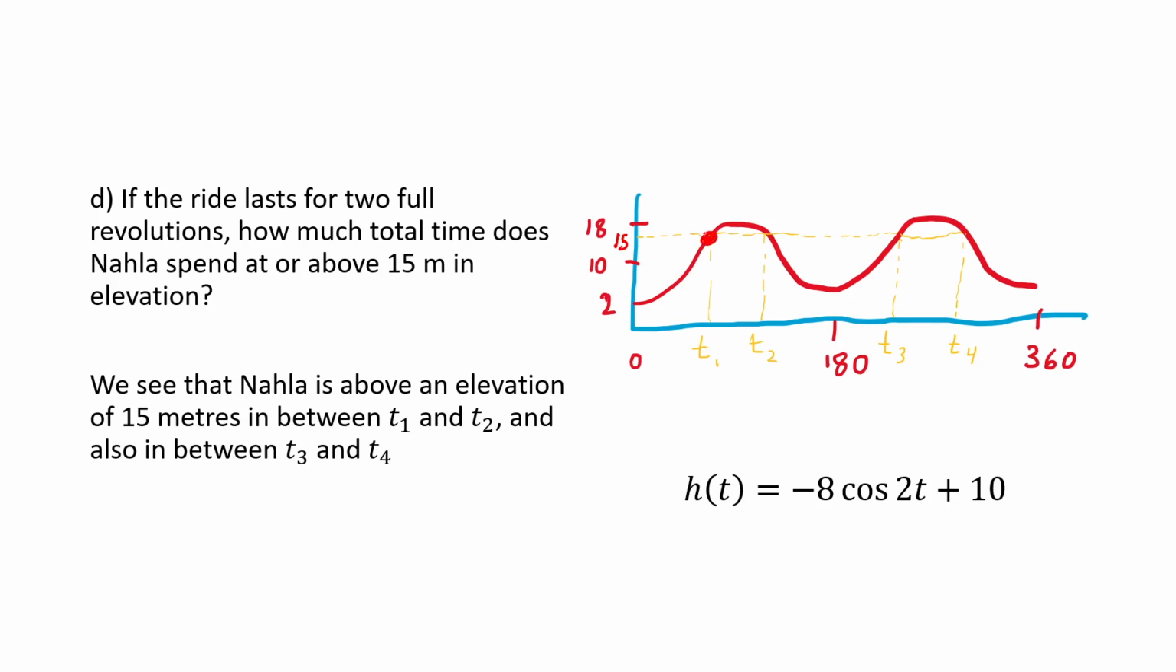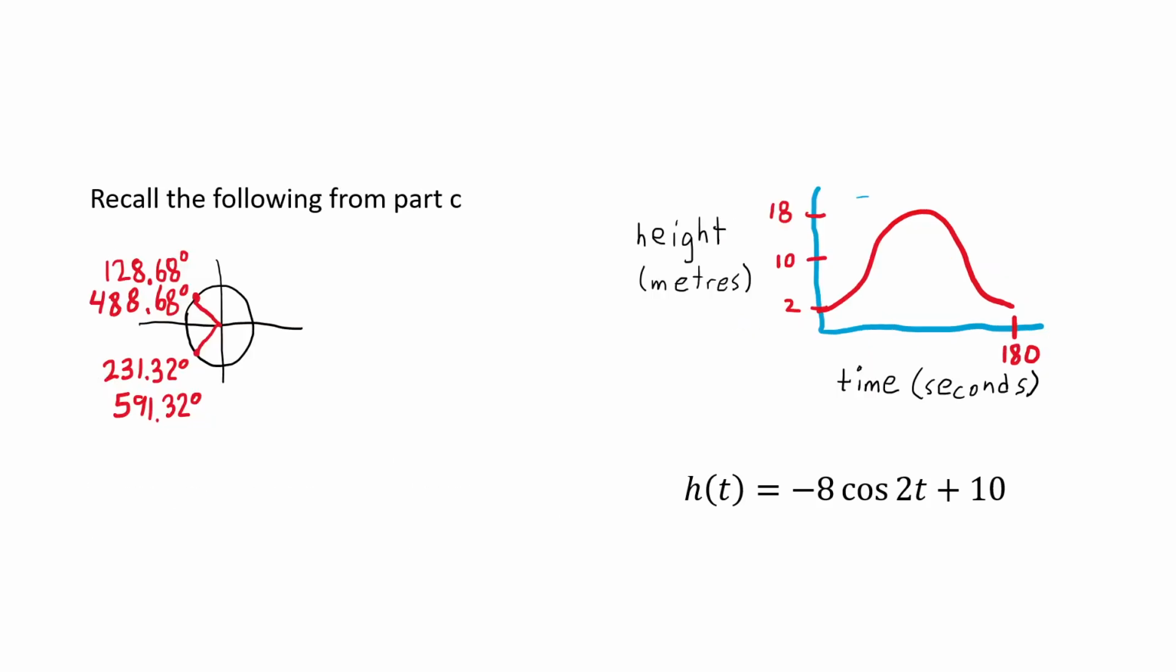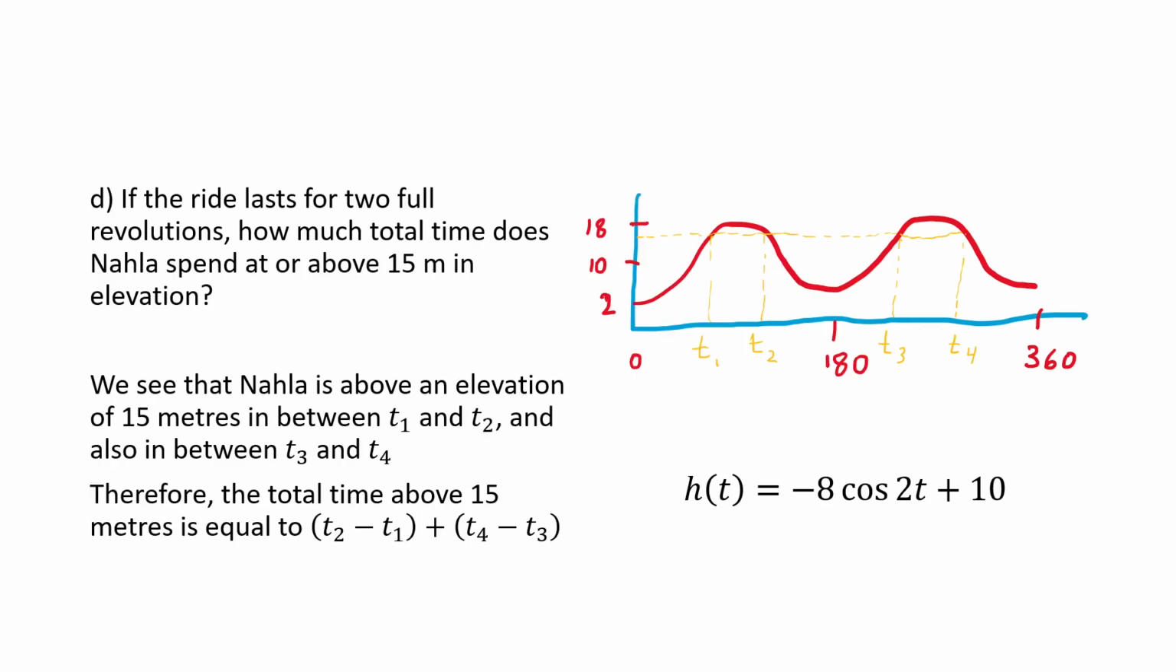She's at 15 meters right here, and right here, and right here, and right here, and those correspond to these times down here on the horizontal axis. So she's above 15 meters when she's at this first hump as well as at that second hump. So the length of time is represented by the length of the x-axis when she's above those values. We've actually already done all the hard work. We already figured out